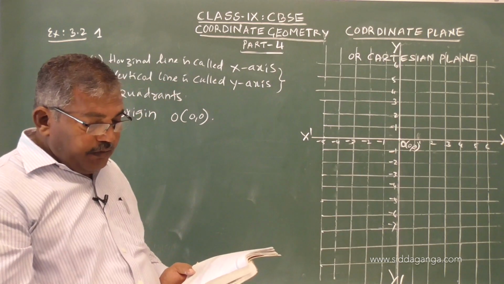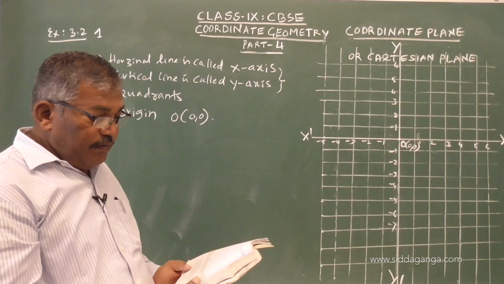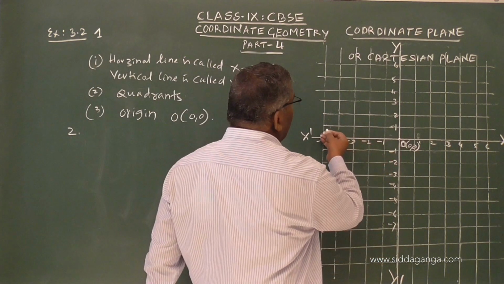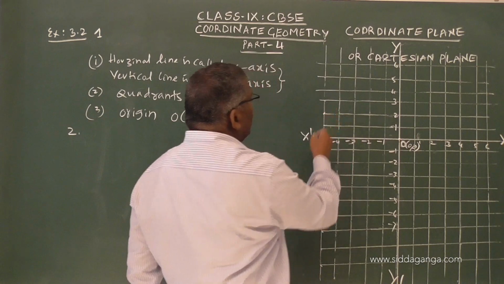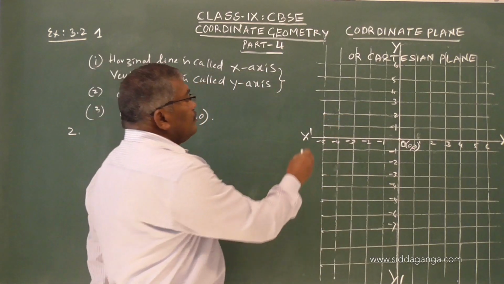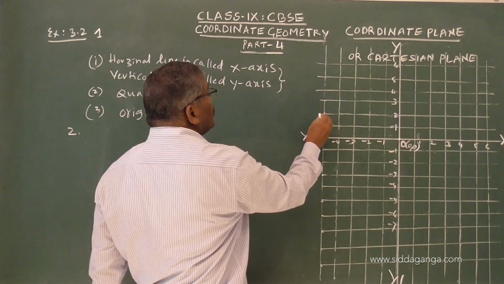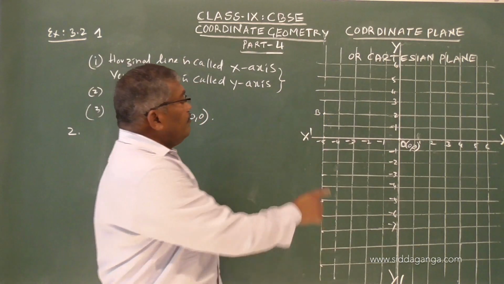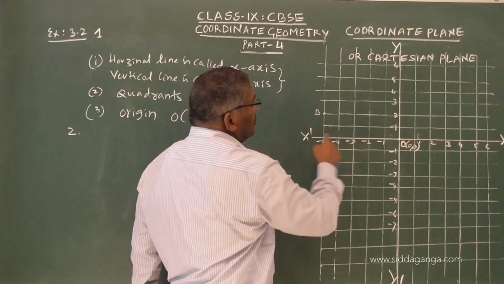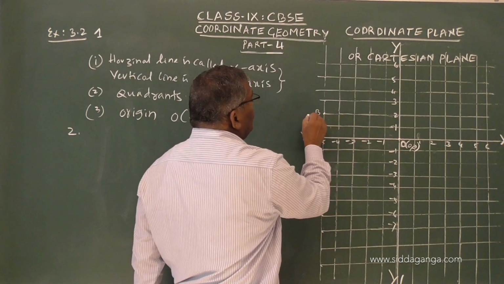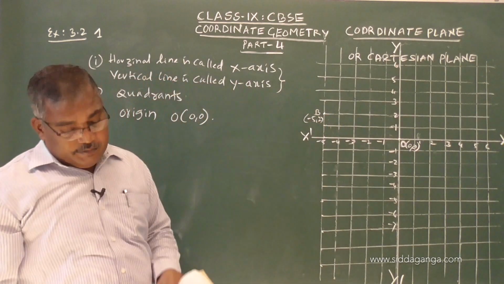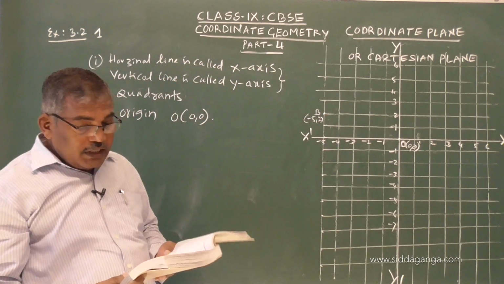Coordinates of B, B is given in, see, -5, 2. So B is given here, you can see. This is the position of B. I am answering question number 2. This is the position of B, that is -5, 2. So B is -5, 2. Here it is given.